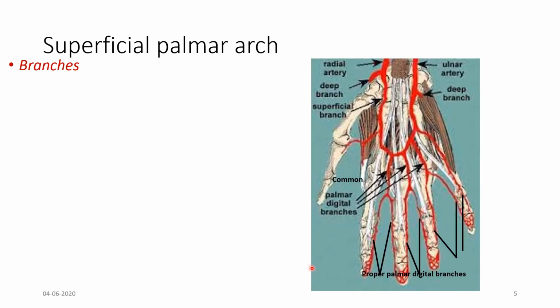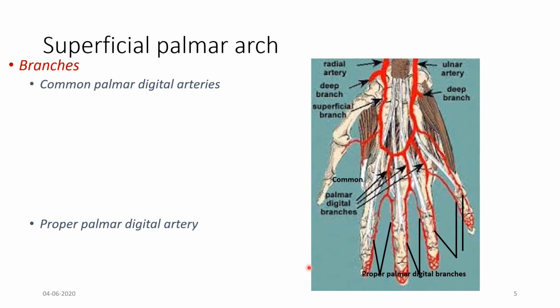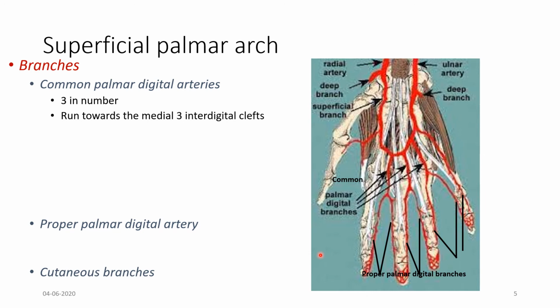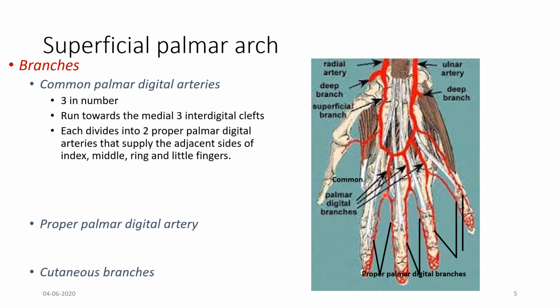Let us see the branches of the superficial palmar arch, and they can be divided into common palmar digital arteries, proper palmar digital artery and cutaneous branches. Coming to the common palmar digital arteries, there are 3 in number. You can see them here, the 3 common palmar digital arteries, and they run towards the medial 3 interdigital clefts, where each of it divides into 2 proper palmar digital arteries that supply the adjacent sides of the index, middle,